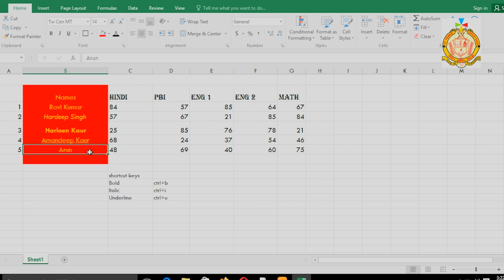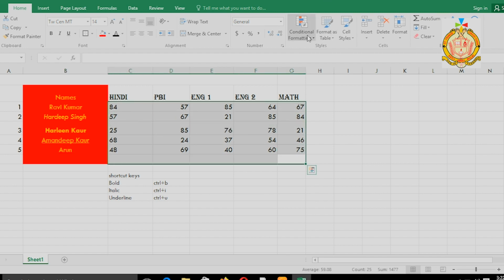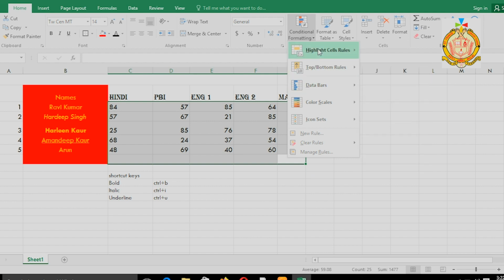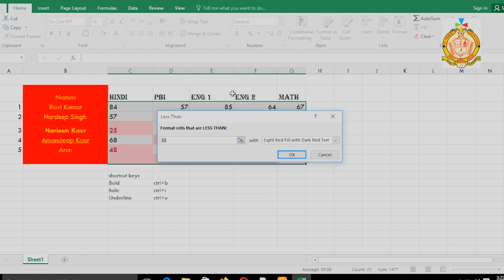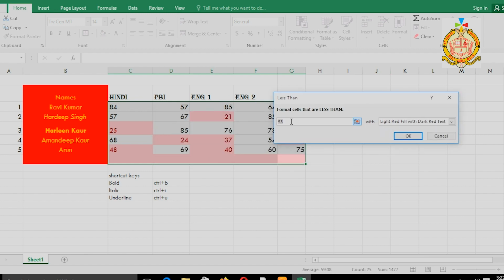If I have only 5 students here it is fine, but if I have 100 or 200 students, it will be very difficult for me to see one by one and put an underline. It will waste my time and there is a chance of mistakes also. But with the help of Excel, we can do this work in a few seconds without any mistakes. So first I have to select the marks, then in conditional formatting I use the option less than, those that have less than 40,